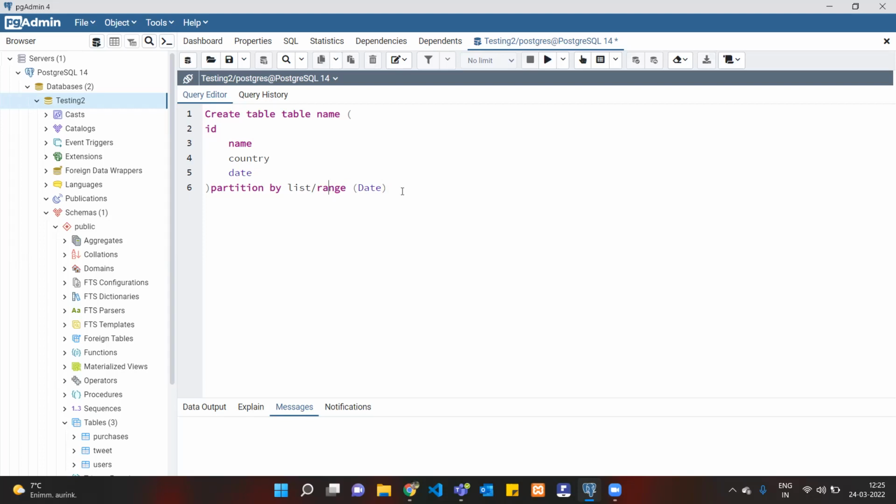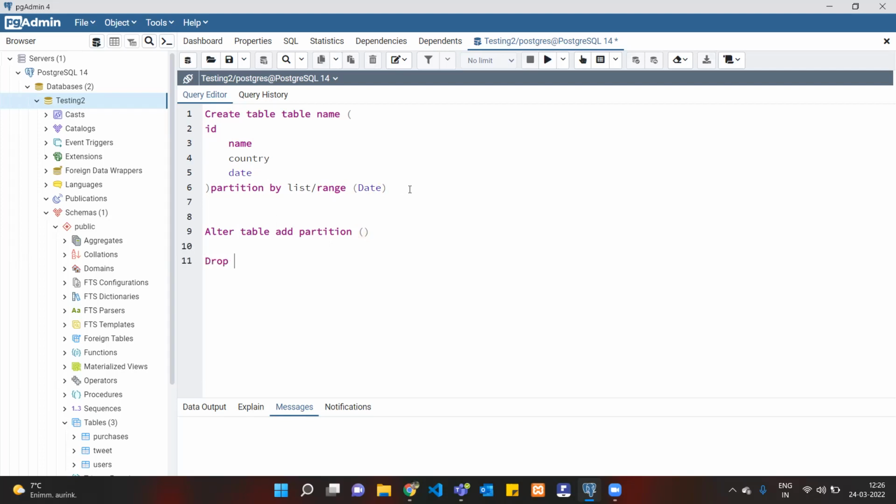That is one thing. And there are some cases where you would have already created a table, but you need to partition thereafter. So you can always use ALTER TABLE and add the partition on whichever column you want. So that is the altering of a partition. And you can also drop,